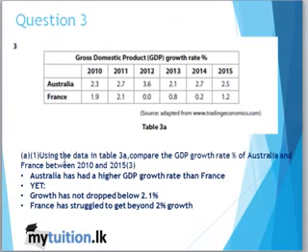Question 3. Using the data in 3A, compare the GDP growth rate of Australia and France. So Australia over the years, France over the years. As you can see, Australia is on 2, and it has become 2.3 to 2.7 to 3.6, dropped again but picked up at 14 and dropped again a bit. France has gone to 2.1 to 0 to 0.8.